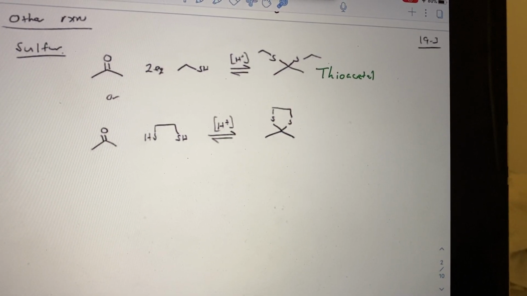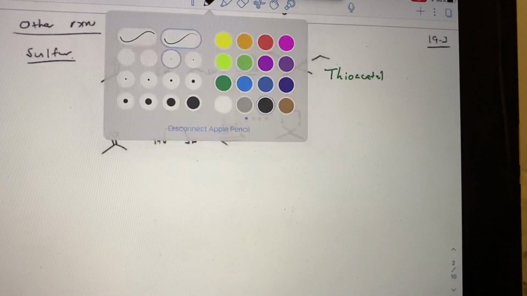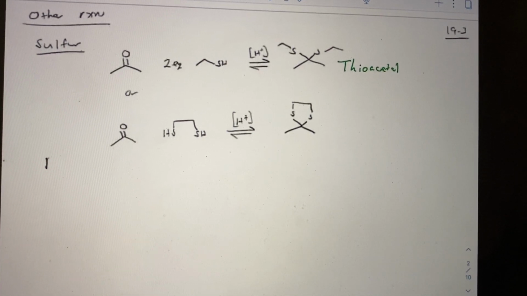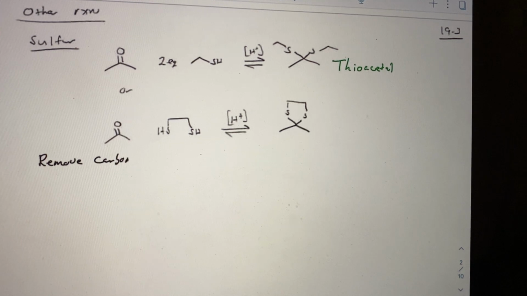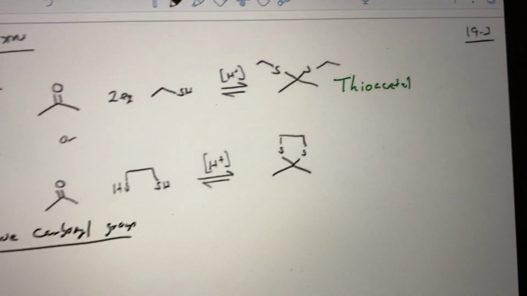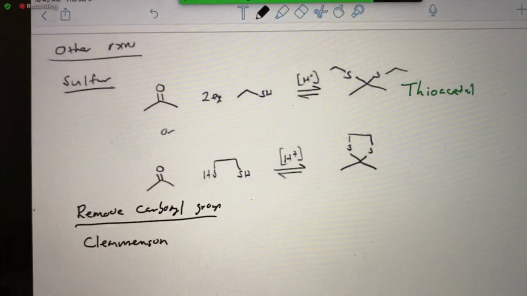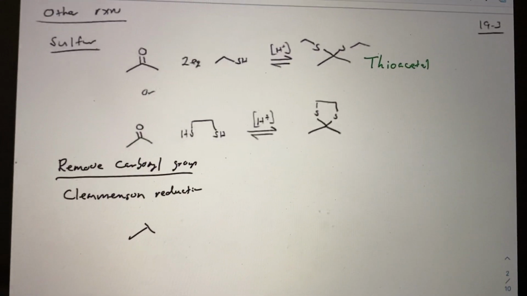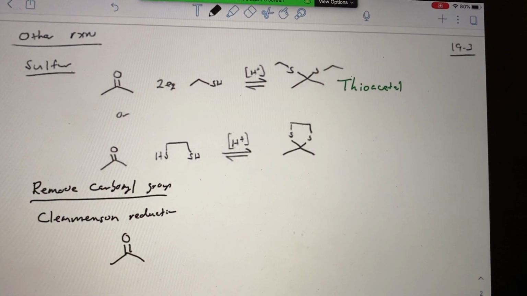The question is, why would anyone ever want to do this? And short answer is, I don't know. But the longer answer is, you can use this to remove a carbonyl group. So we had the Clemmensen reduction before. Let's just put this here for comparison. Clemmensen reduction, where you had a carbonyl group, to stick with acetone, and you treated it with zinc,